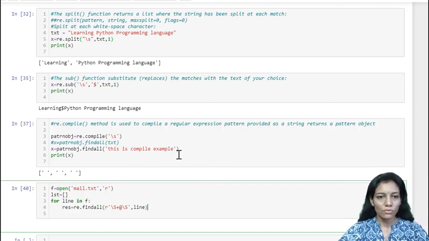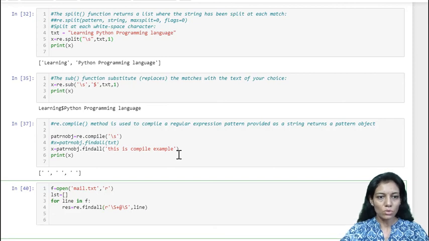From here my result would be stored, and I want to append all those results because I want to accumulate all the email IDs, using lst dot append. This is the list function I am using, and I'll be appending the extracted information stored in res into this.